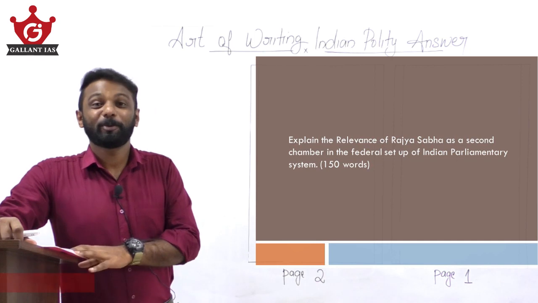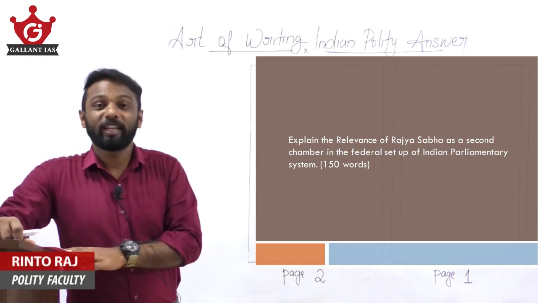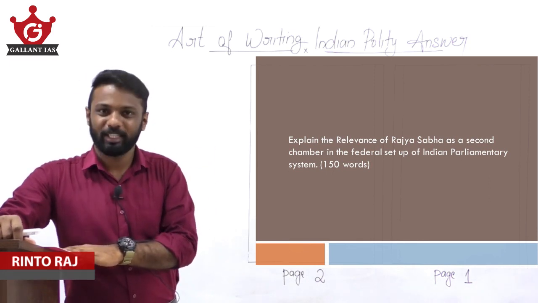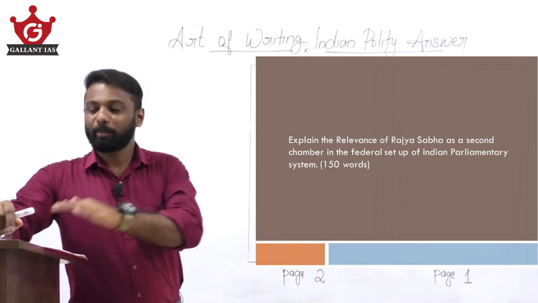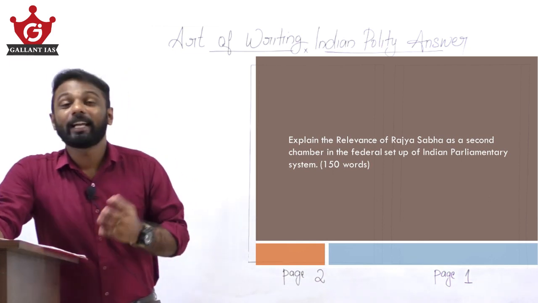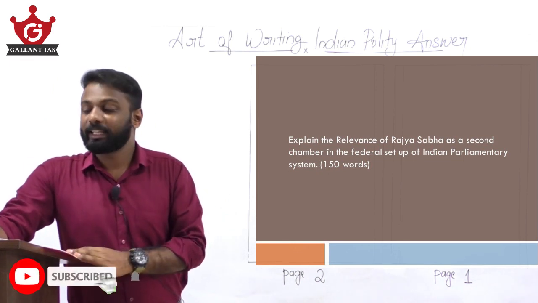Hi all, welcome to Gallant IAS Art of Writing Indian Polity Answer. In this video, we will learn how to structure or how to meet the demands of a UPSC question. And we'll be learning that based on a previous year question. And the question for today is, explain the relevance of Rajya Sabha as a second chamber in the federal setup